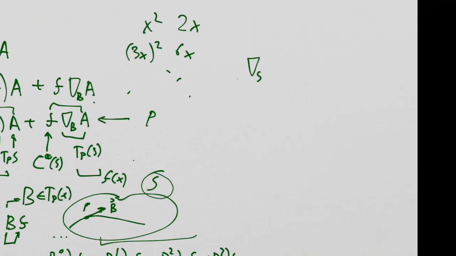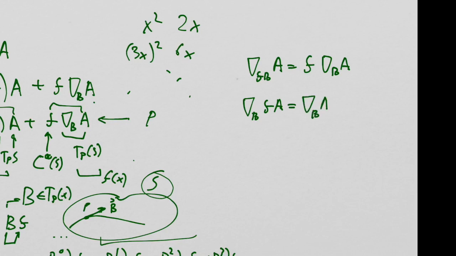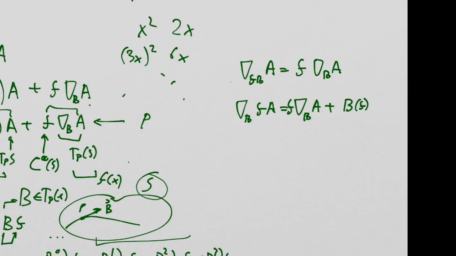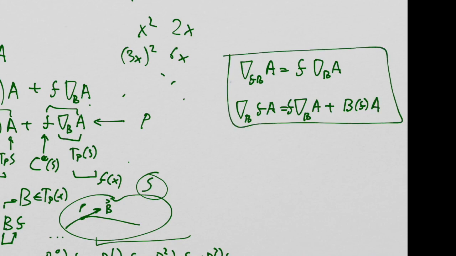The covariant derivative of fA in the direction of B equals f times the covariant derivative of A in the direction of B, plus B acting on f, times A. These two rules are sort of our axiomatic foundations for the behavior of this idea,